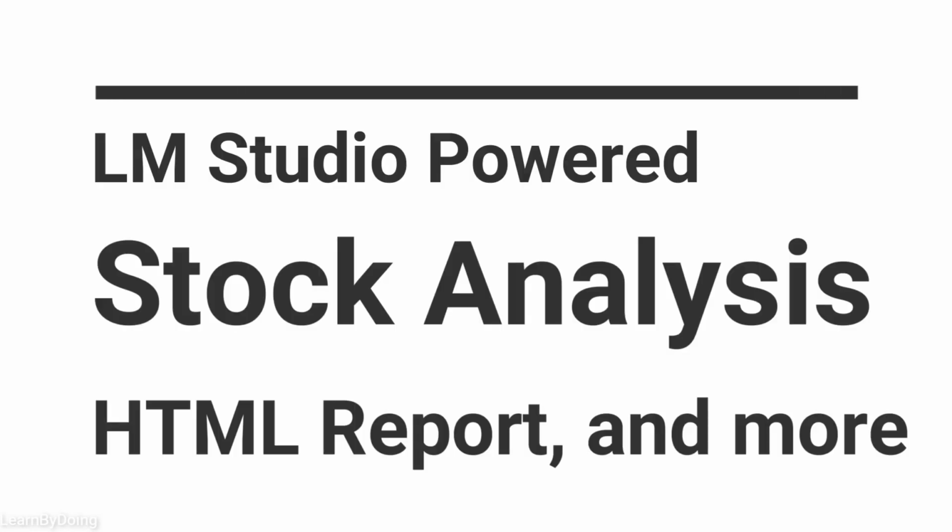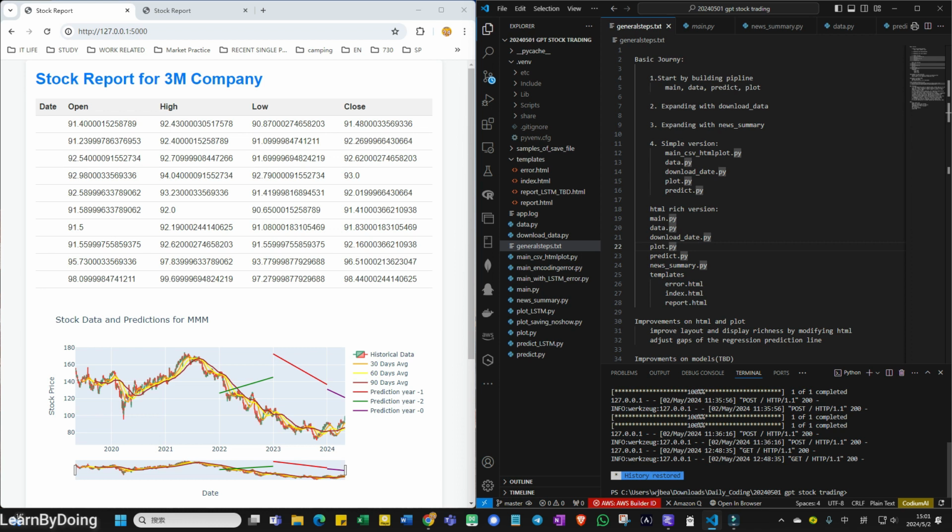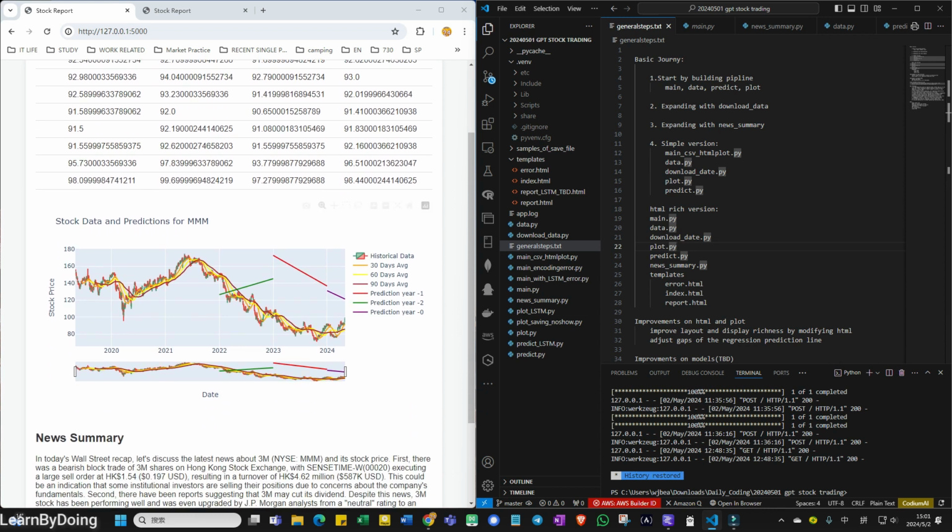Today I'm going to share with you one of the projects I have done in the past 2 days. This project aims to produce a stock analysis report, but with a simplified format. As you can see on the left hand side, you can see the HTML file that I opened. That is the description file about the 3M company, which has some of the stock trading prices as a table, and then I have the trend graph